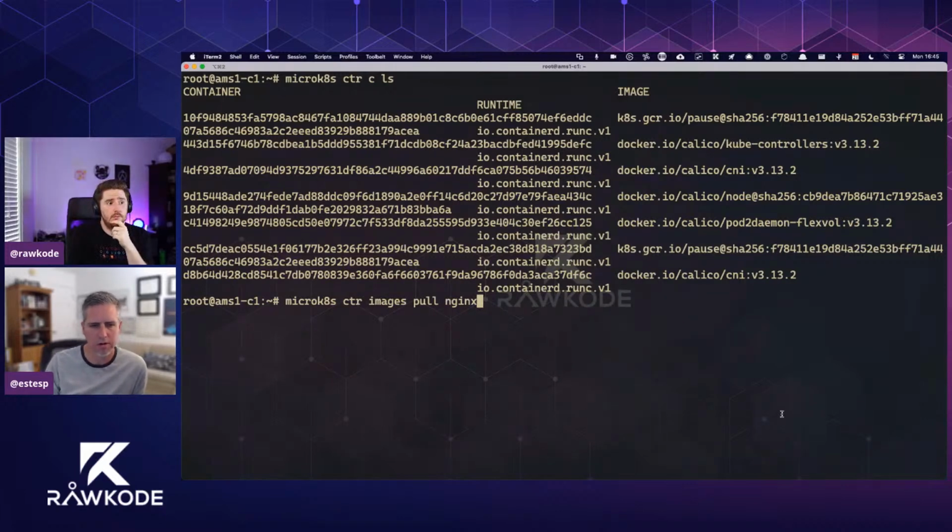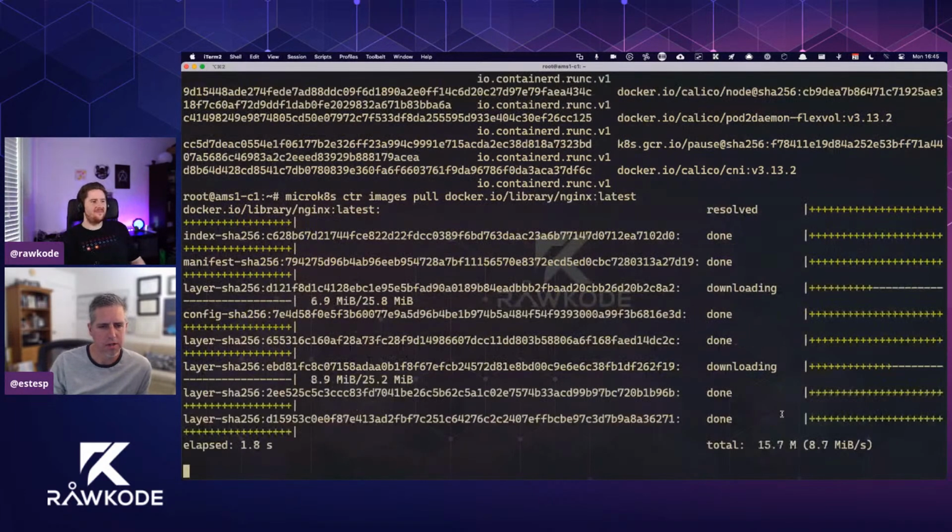There's no default to Docker Hub, so you need to preface it with docker.io/library/nginx, and you have to add a tag. :latest is fine. So you fully specify the exact image.